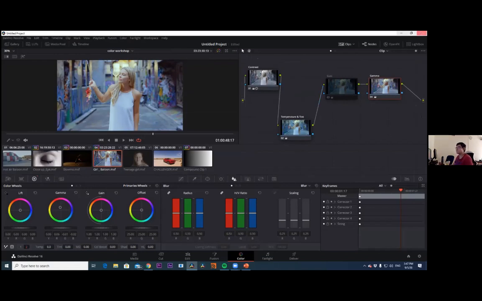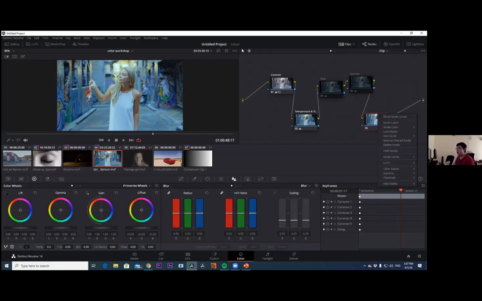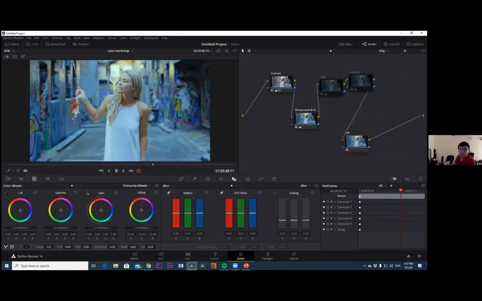So I'm going to disable my node number 4, gamma again, and then create a new node, node 5, and call it lift. Then I'm going to show you the difference when I push orange into the shot. All right, now I'm in lift already, version 3. And then I'm going to push